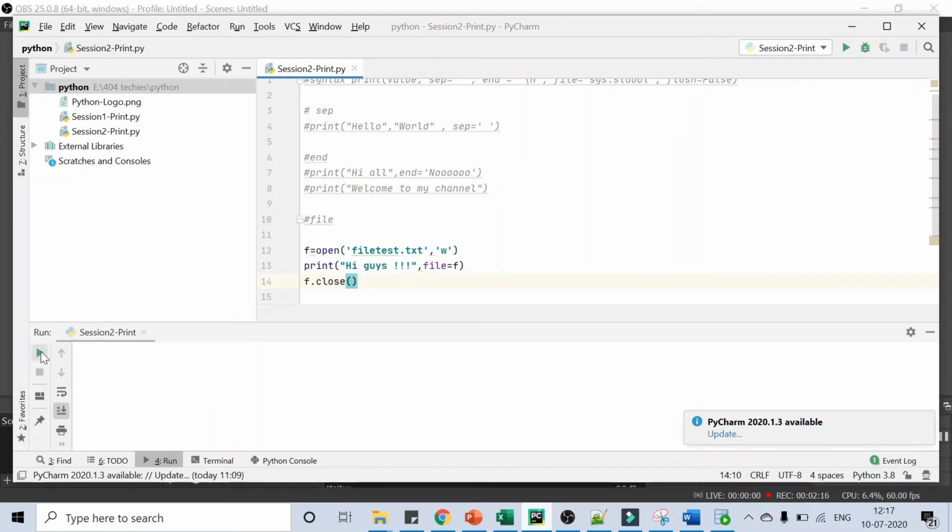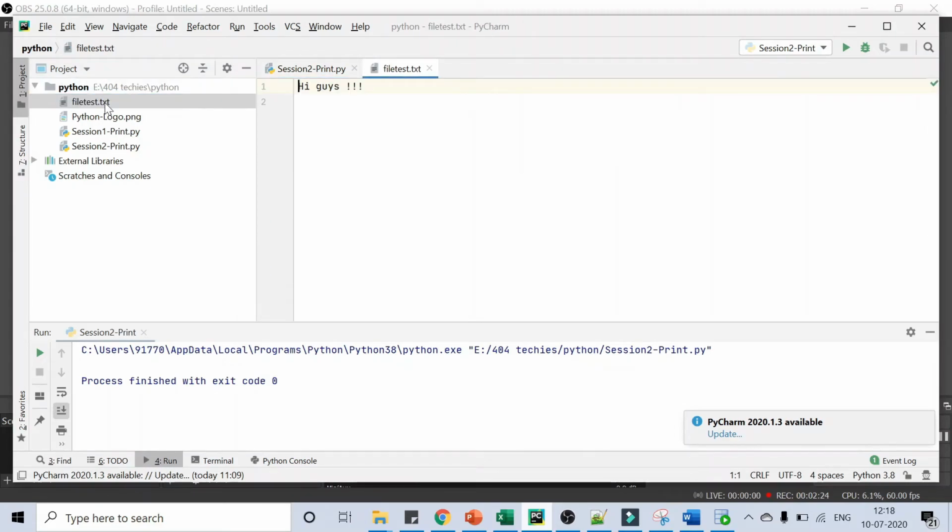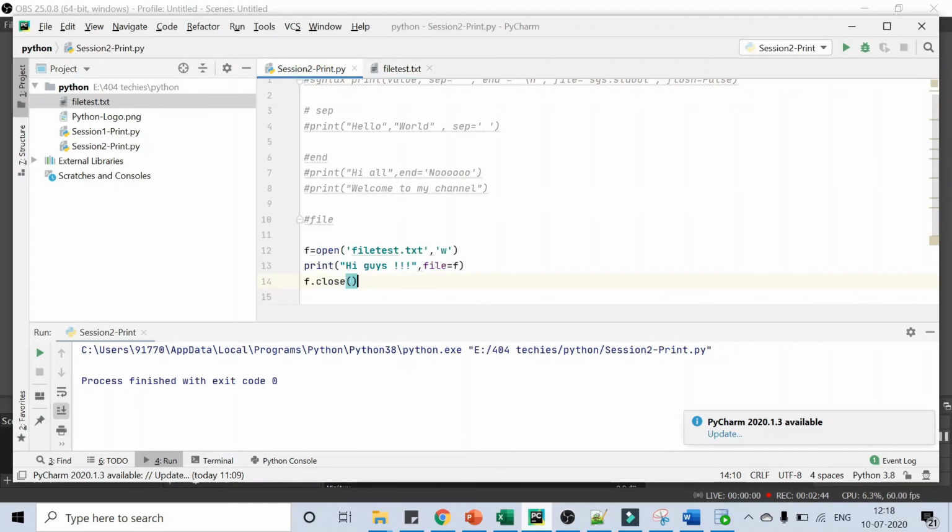Let's run and see what output we get. See, file test.txt got created, and our output hi guys got printed. This file is created in the same folder where our session2.print.py file is. So this is how the file parameter works.